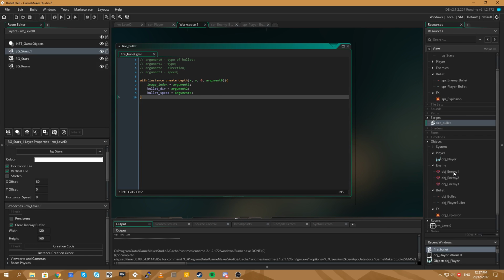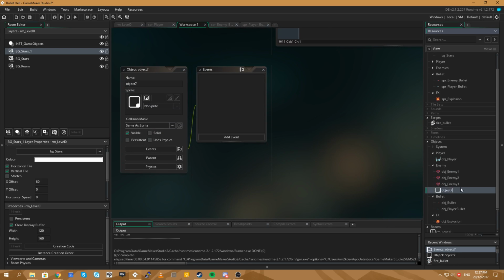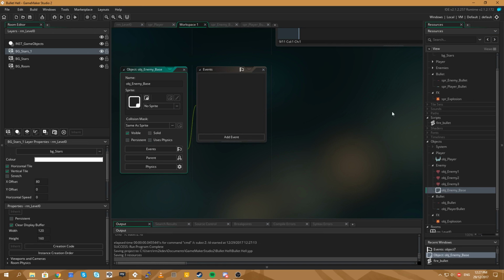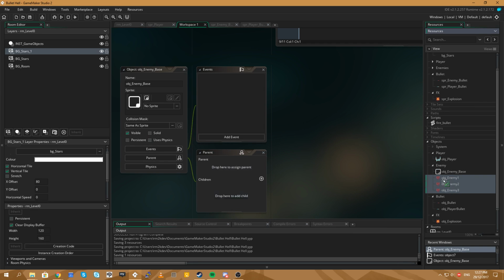So now let's make the enemies collide with the bullet. Now, something I want to do that I probably should have done when we started this, but I didn't. We're going to create an enemy base, OBJ enemy base. And all of our enemies are going to inherit from our base. And Andrew, maybe a power-up system. We'll just go to parents. We'll add children. I wonder if we can do it like this. Can we add the children just straight in? Yeah, we can. Cool. We'll add multiple children to this. There we go. So now they've all been childed to our enemy base.